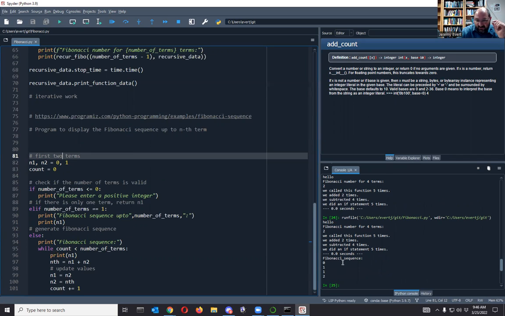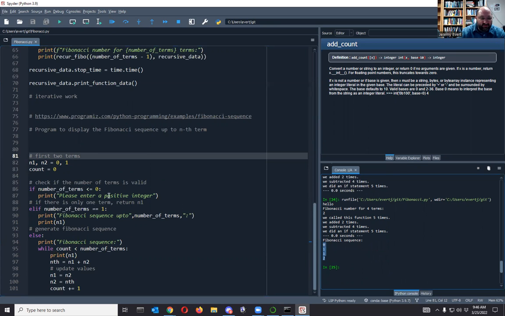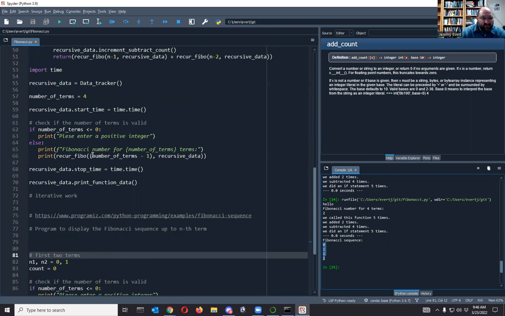We haven't gotten too crazy yet. So Fibonacci for 4 terms is going to be 2. So 0, 1, 1, 2. I agree with that. And Fibonacci sequence down here, it's printing 0, 1, 1, 2. Okay, so now